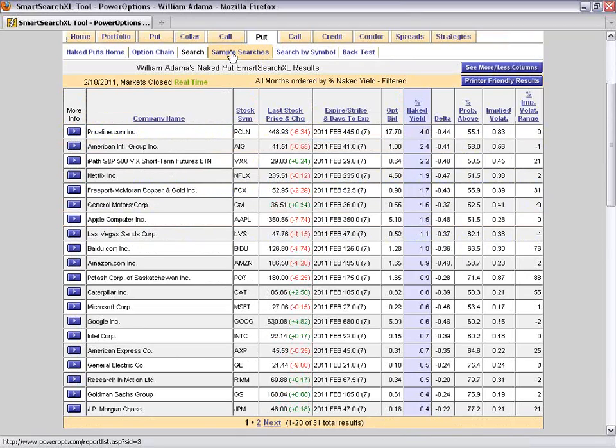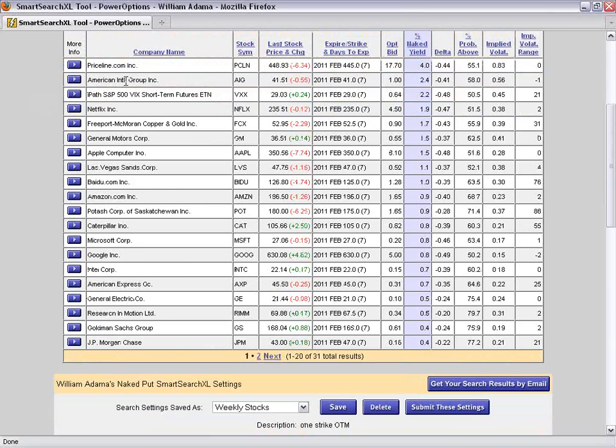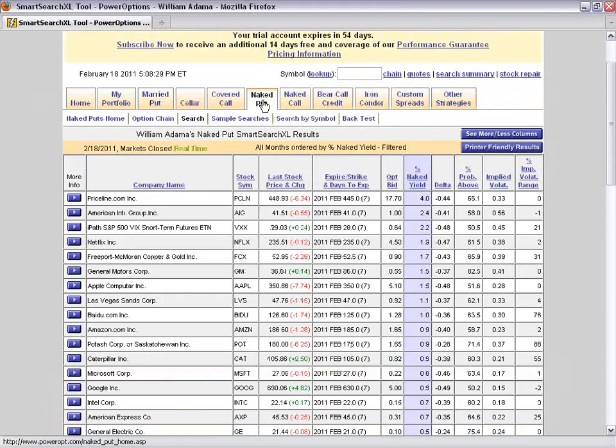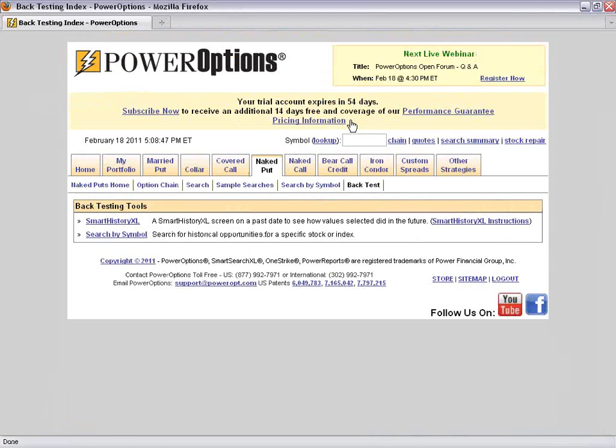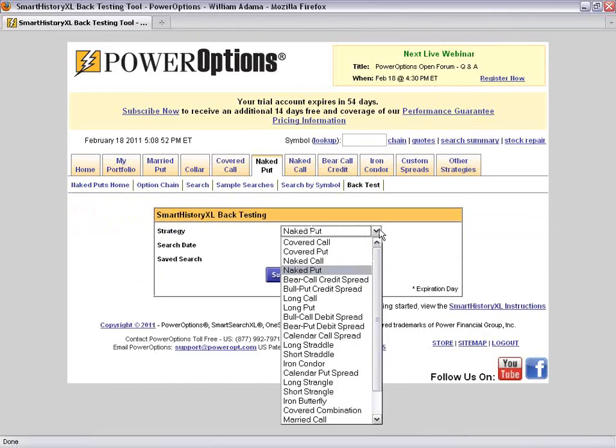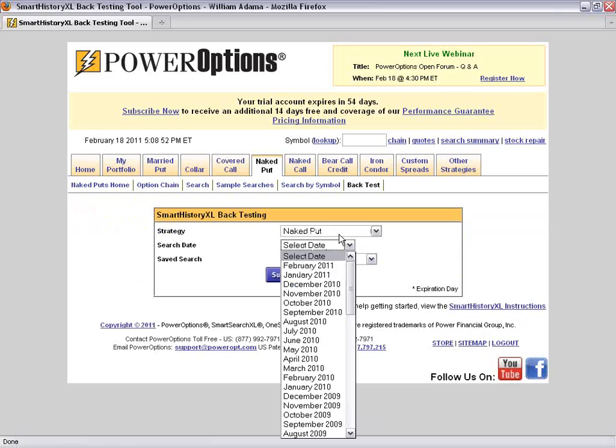Now what I'm going to do, let's keep this, do I want to do it that way? Yeah, I do. Okay. Sorry, let's go into naked put, and let's go into back test. And I'm going to go into the Smart History Excel menu, and we're going to stay in naked put.